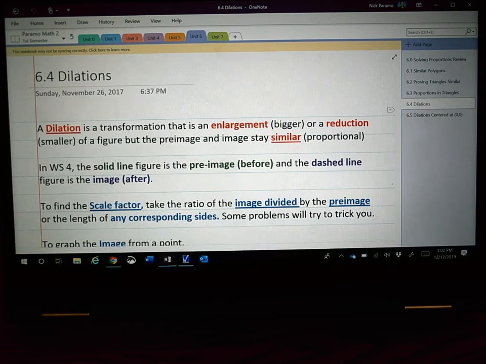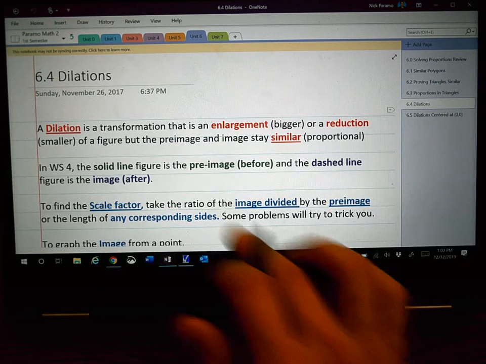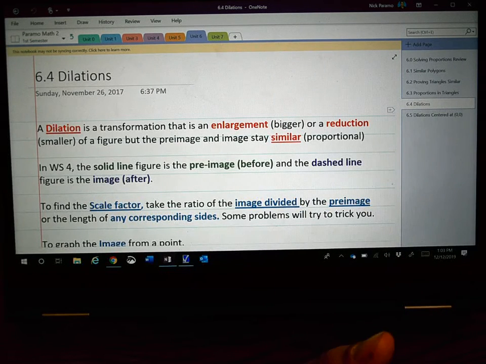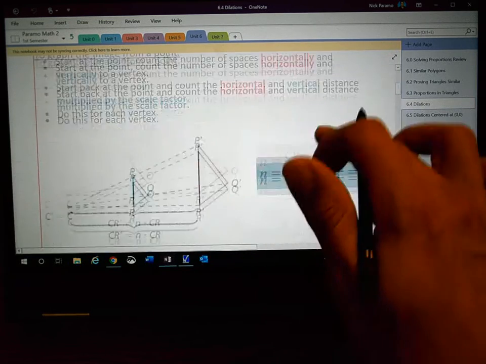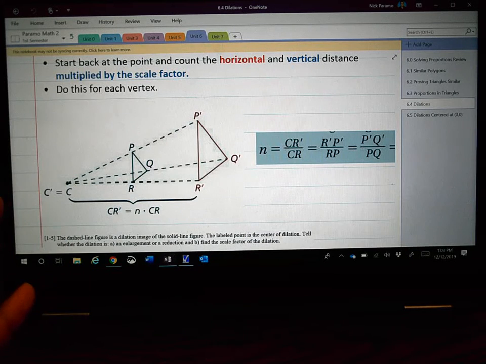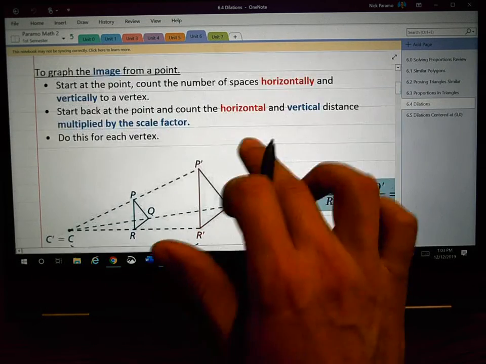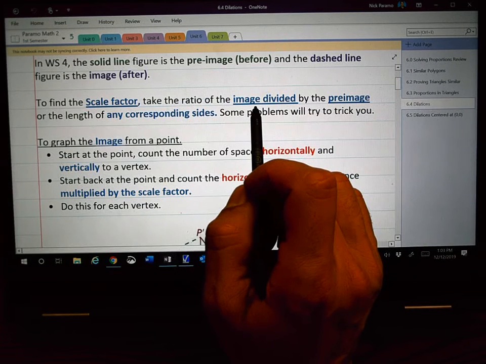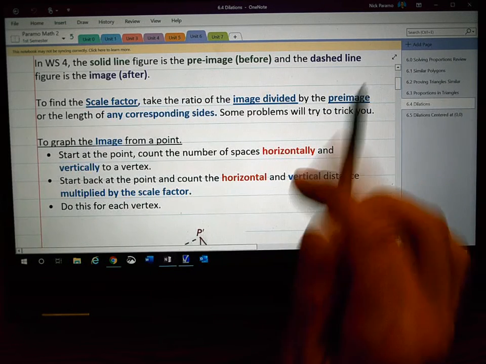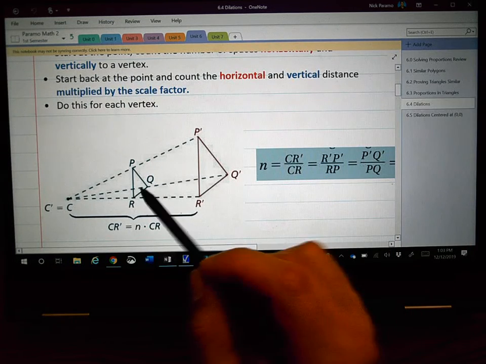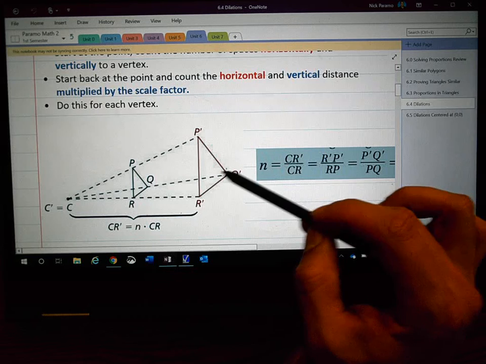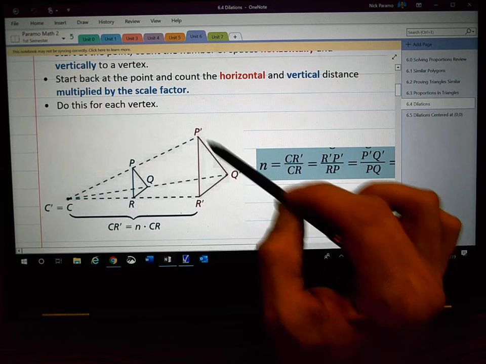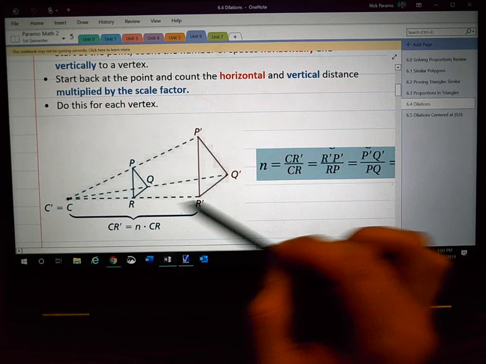The last thing we covered in chapter 6 was something called dilations. Dilations are proportional. They are similar. We just had to know what happened when we dilated something, either enlarge it or reduce it. And the easiest thing that we did was taking the image, dividing it by the pre-image. If I want to know what the scale factor is, I just take the image and divide it by the pre-image. It doesn't matter if you're doing the right side and right side, or the bottom divided by the bottom,